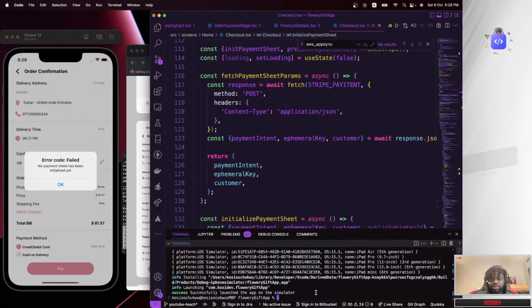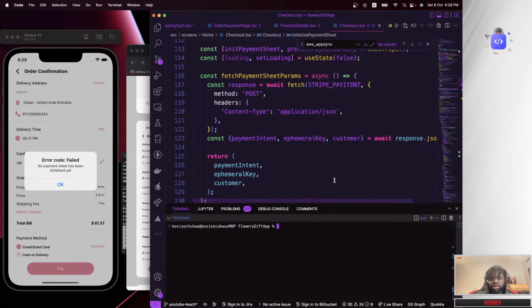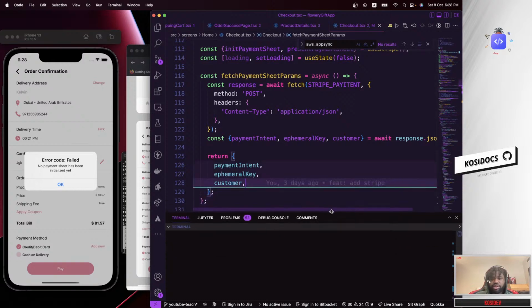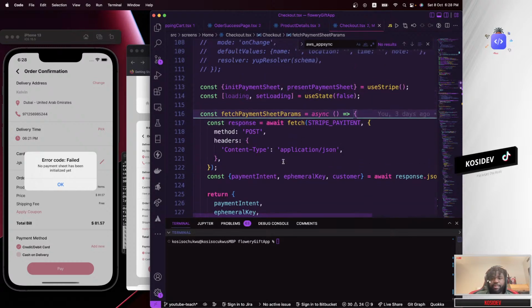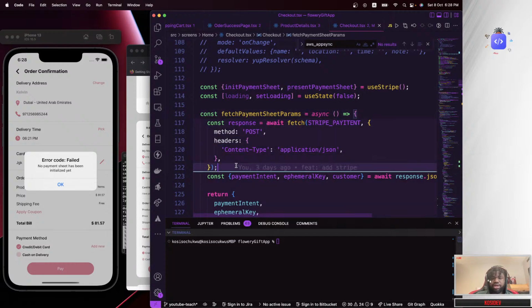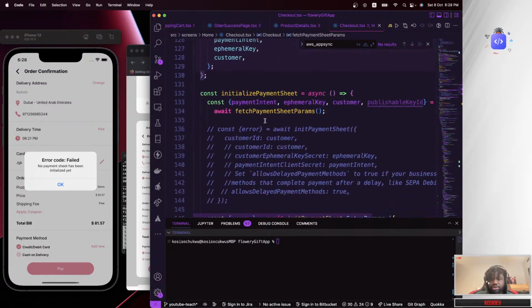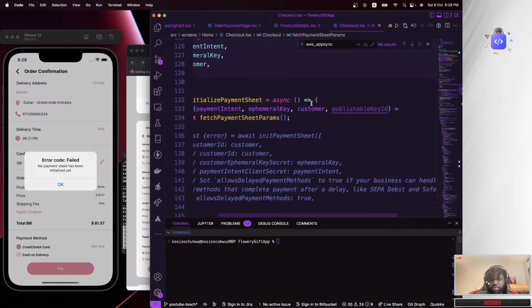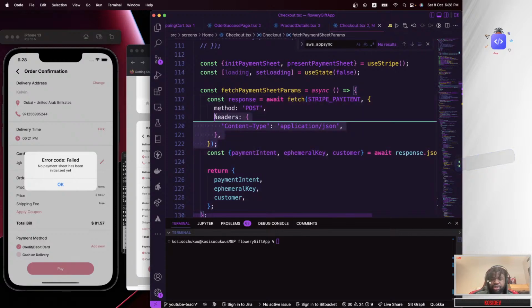Okay, let's fix this. Okay, I see. I think I remember where the issue is coming from. So let's get this fixed. One of the issues that we're having right now is because on our back end, we need to pass body params to it. That's the issue. That's why this is not being initiated. So we need to do that whenever the user calls this function. It needs payment sheets. We need to fetch the payment details and pass in the body to it.